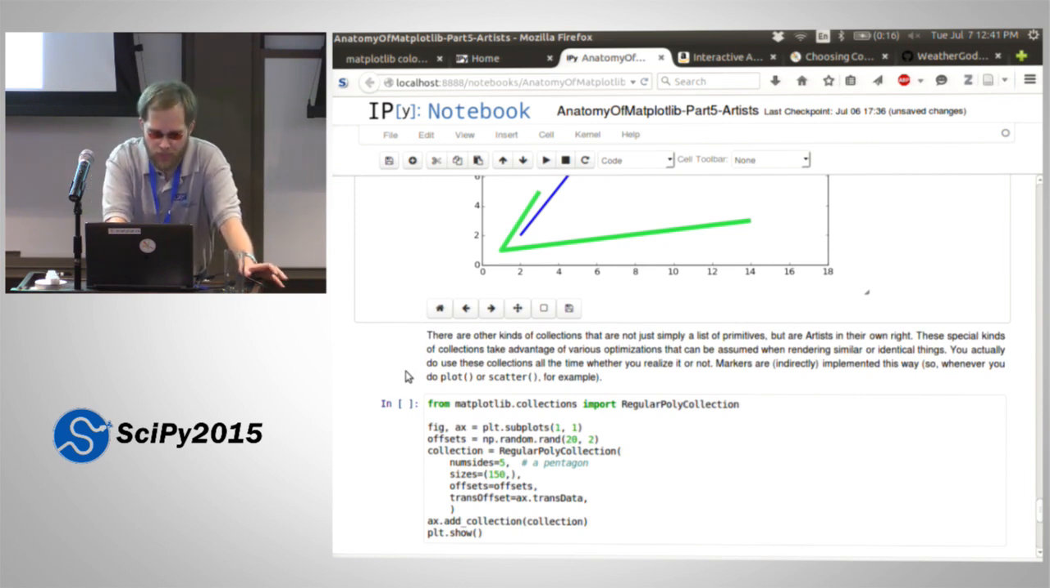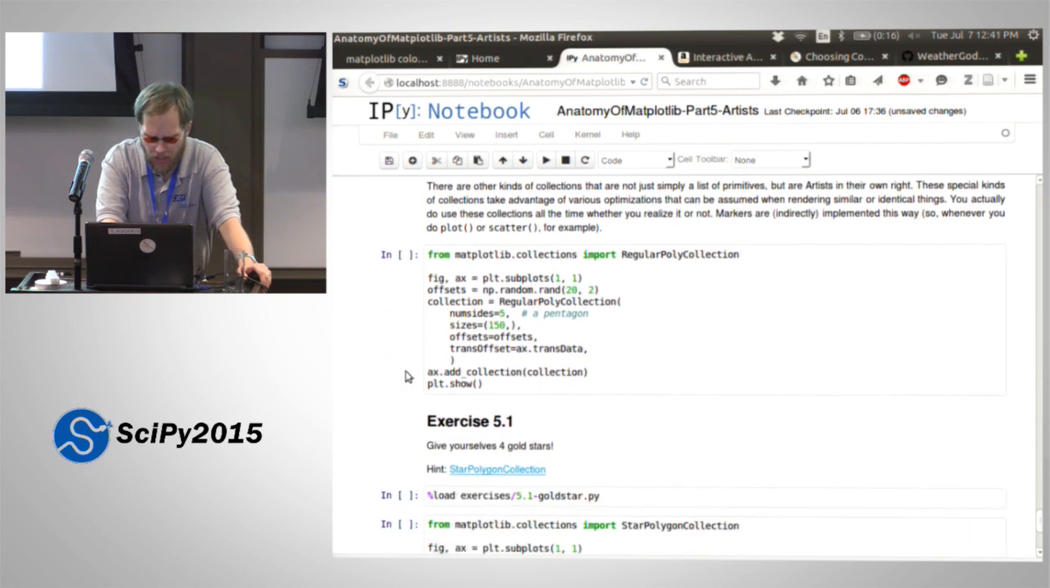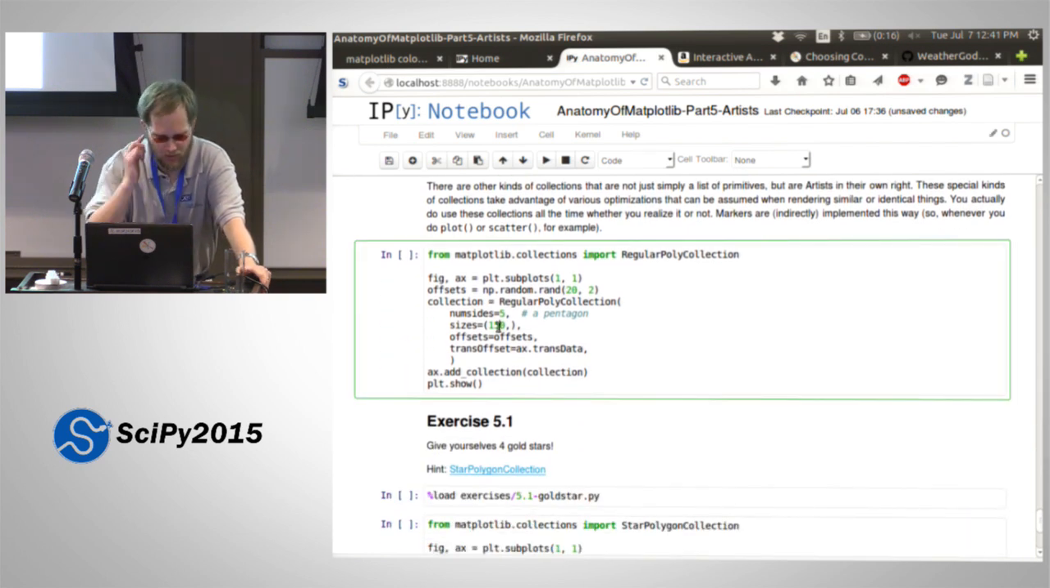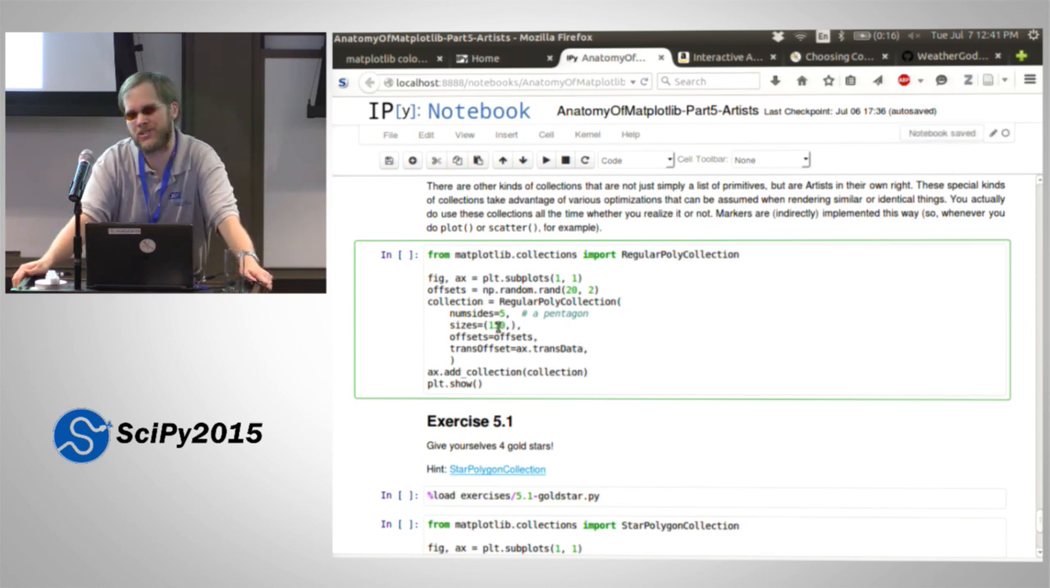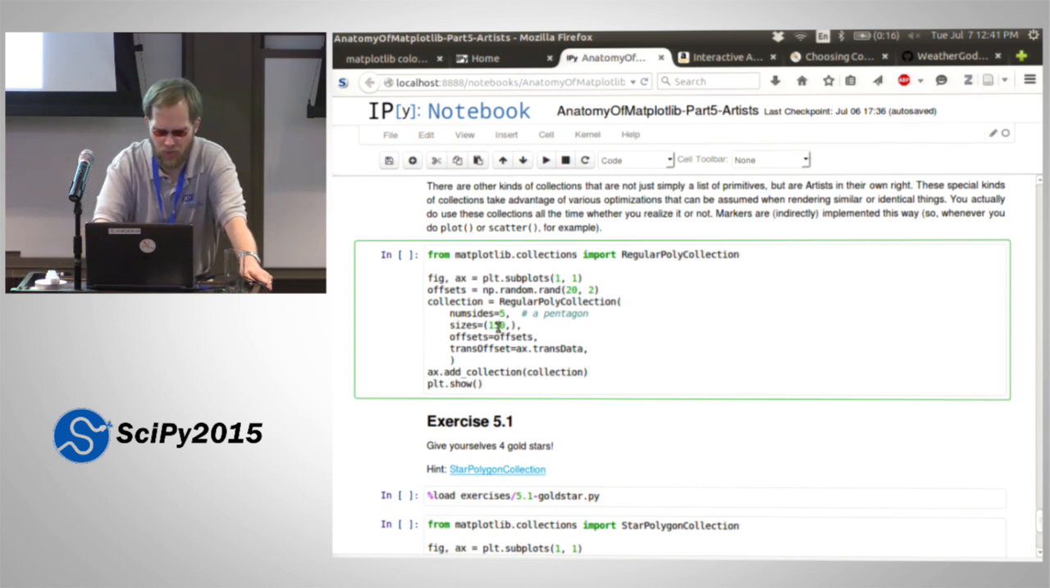And then there are many other kinds of collections, as I was saying, and different kinds of collections can make different kinds of assumptions about their data so that they can do certain kinds of optimizations. So another kind of collection is called a regular poly collection. A regular poly collection is a polygon with regular sides. So you can say that you want a collection of polygons that have, let's say, 5 sides, so a pentagon. And we're going to make them really big. And the offset,